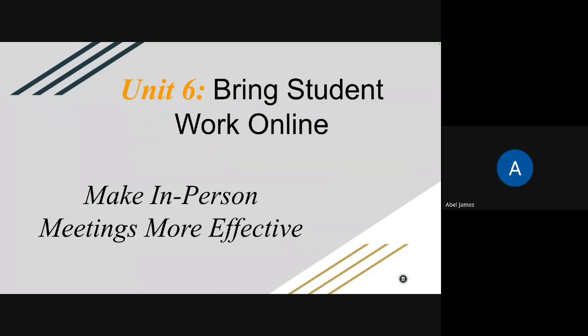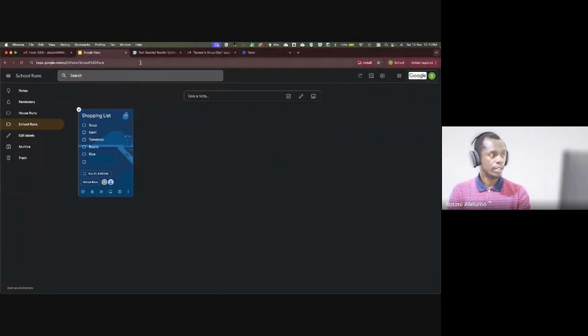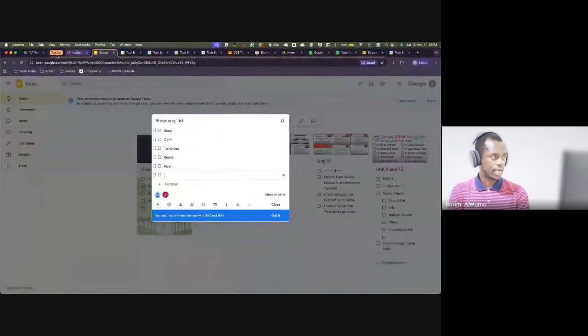Thank you, Mr. Rotimi. My question is, if I have 2 Google accounts and I have different calendars on those accounts, is it possible to fuse them to become one so that I can get a single mail? No, they can't become one. But the practical thing you can do is this. Let's say your 2 accounts are student 4 and my teacher account with my own personal account. What I can do in that scenario